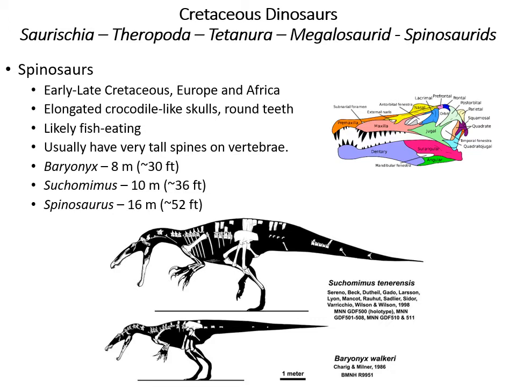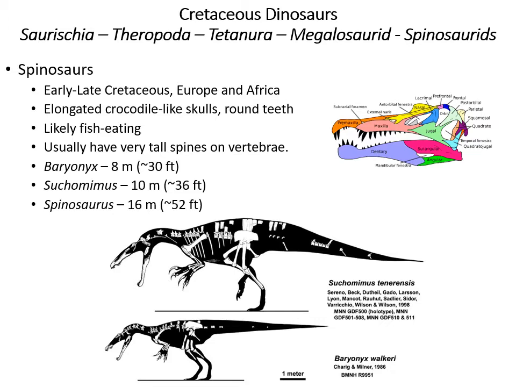When you look at all of these characteristics, among some others in their skeletons, we think that spinosaurs hung around near water and predominantly ate fish, so they had a piscivorous diet for the most part. Many of them have very tall neural spines on their vertebrae, giving spinosaurs their namesake. And despite just Spinosaurus, which you may have seen in films like Jurassic Park 3, spinosaurs actually are quite diverse. There's a number of different specimens, such as Baryonyx, which was featured in Jurassic World: Fallen Kingdom, Suchomimus, Irritator, and